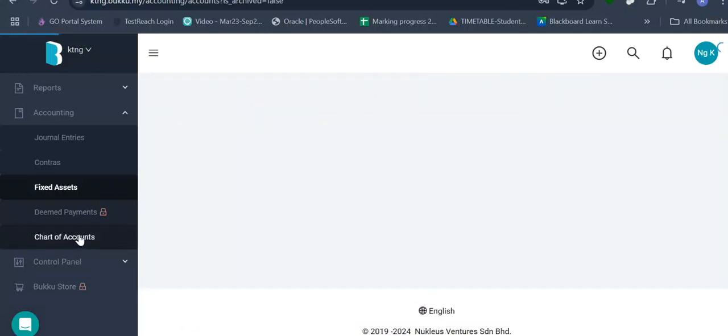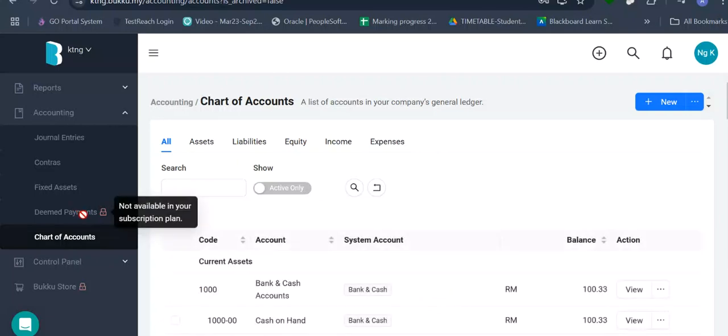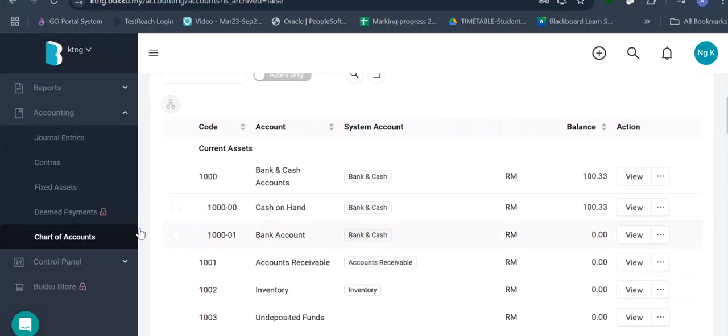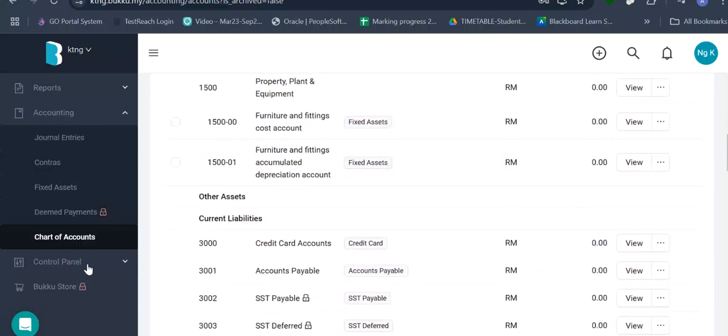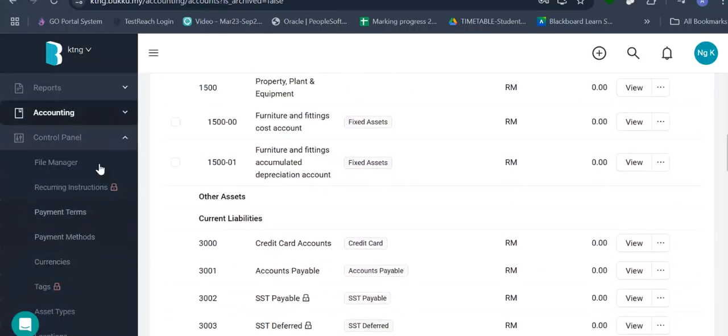Today we'll go through it. This deemed payment is not here. Okay, deemed payment. Don't worry about this, because I don't normally use this, also I have no idea what this thing is. It's not something that we use day-to-day. But chart of account we'll go through later. All right, the control panel here as well.